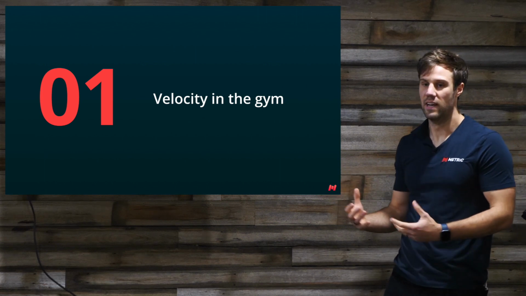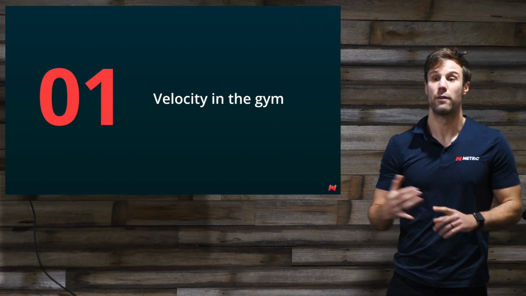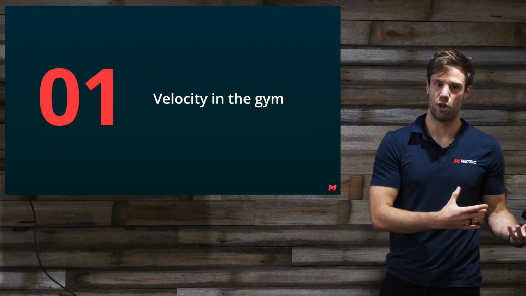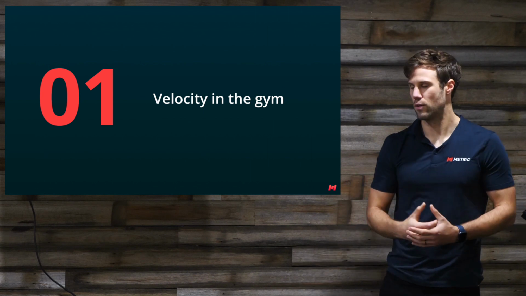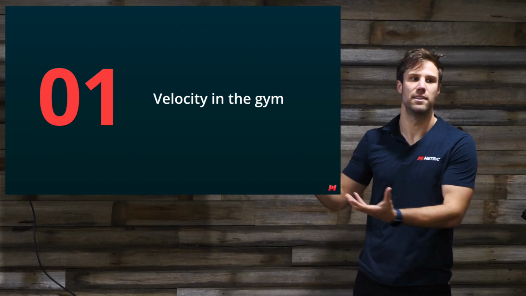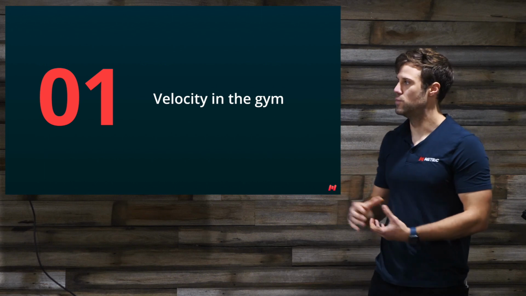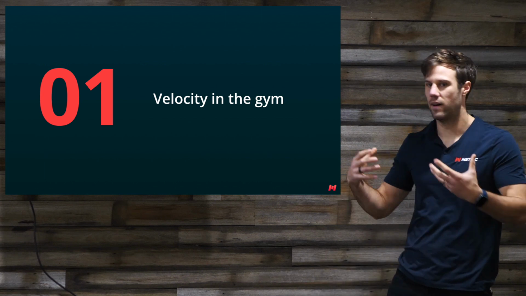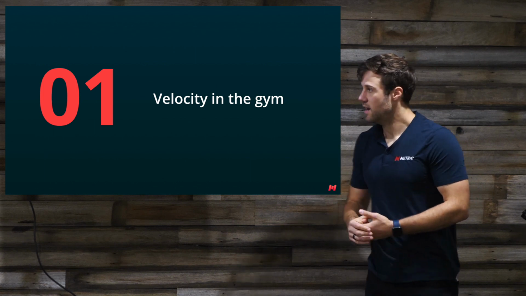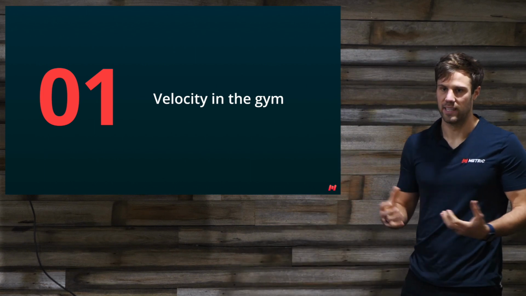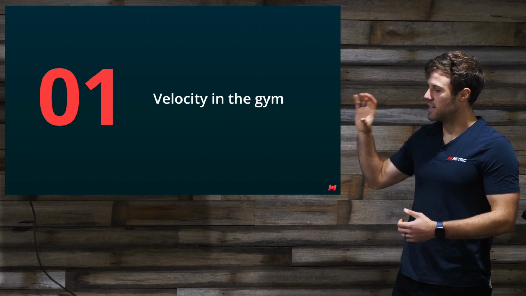Everyone's training with velocity, and people who do RPE training are always talking about, well, that was really fast, so therefore the RPE is low. Or that was easy, that flew up. Or you really ground out those last few reps. These are all velocity terms, just without the objective data. So people are already subjectively judging velocity, power, and fatigue with their eyeballs in training and getting quite good at it. But velocity tracking, or velocity-based training as it's more commonly known, is the idea of giving that objective